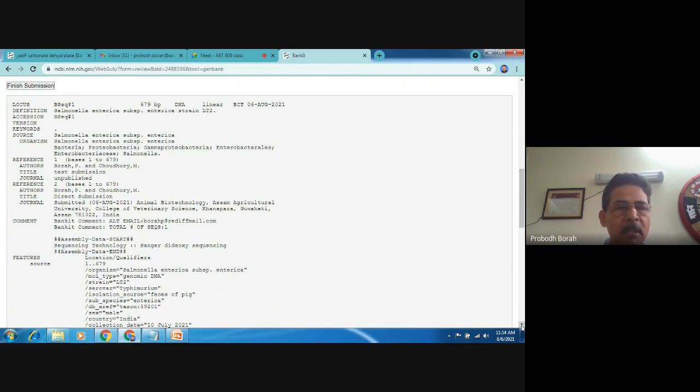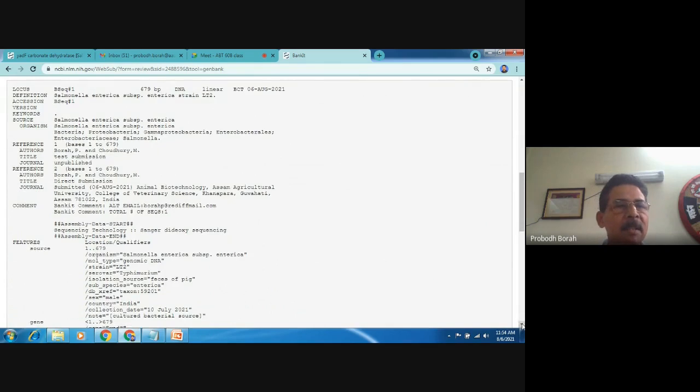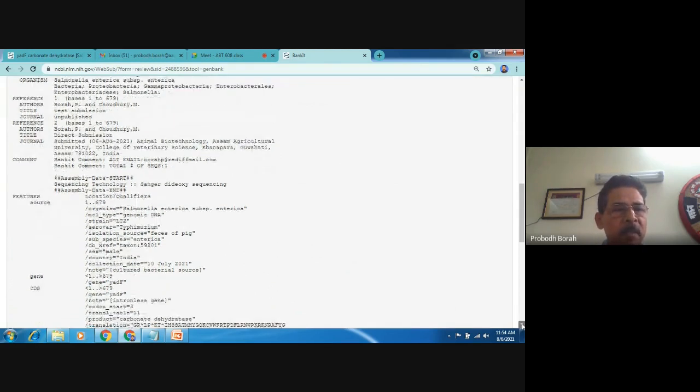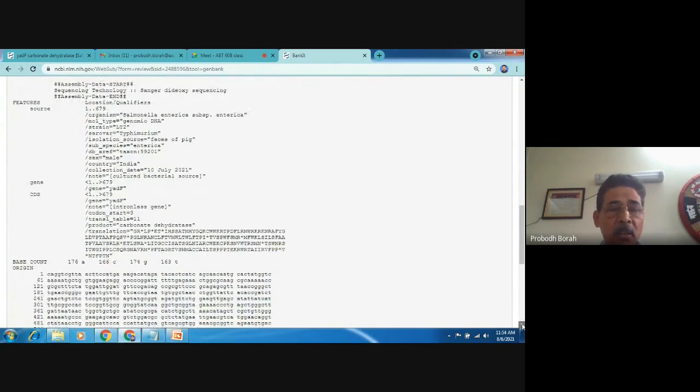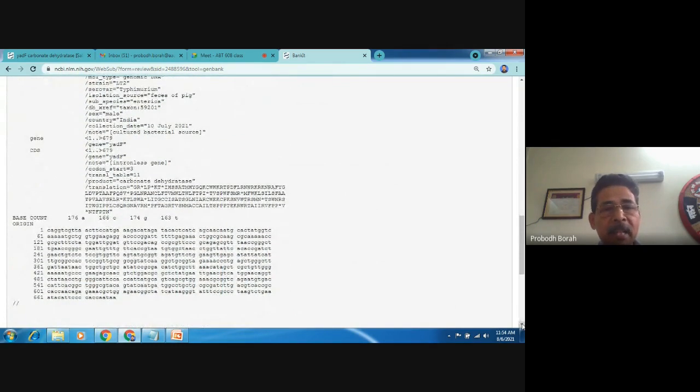So any sequence, if we see the information in GenBank, appears like this: locus, definition, accession number, version, then the source organism, reference of authors, reference of the journal publication, then source of the sequence, the taxonomic status, then the CDS or the coding sequence, then the translated, predicted amino acid sequence, then at last the actual nucleotide sequence pertaining to the gene.